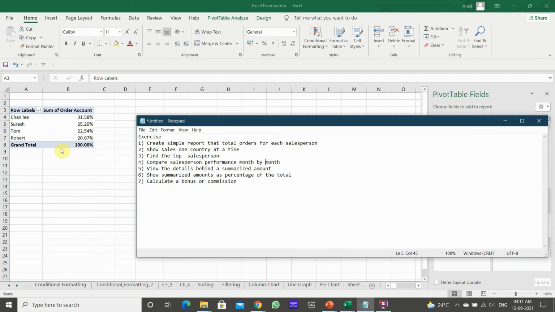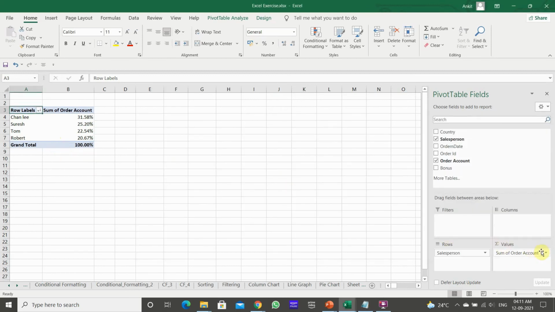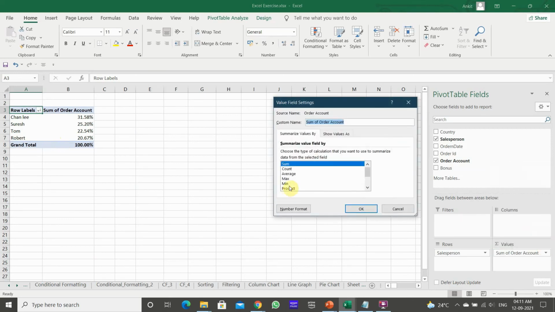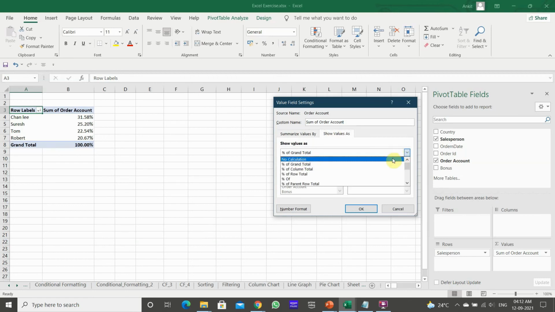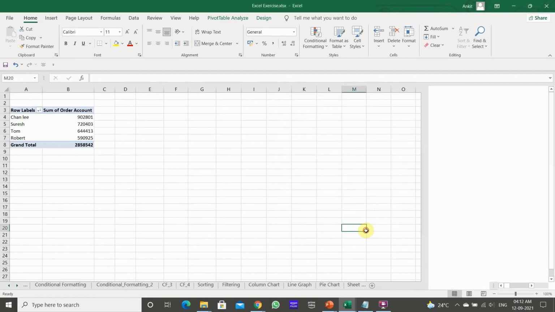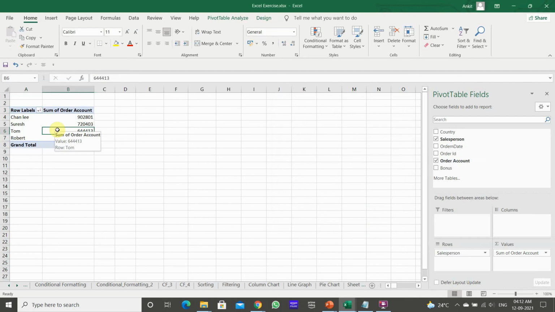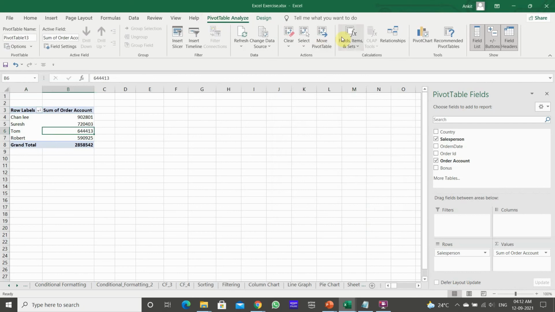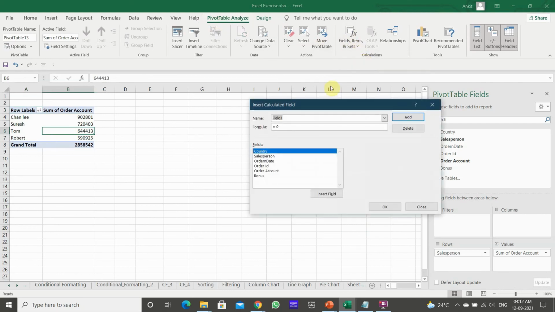Okay, now calculate the bonus and commission. Now just put the numbers back. If you want to add any other column in which you need to do any calculation, you can do it here: Pivot Table Analyze, Fields, Items and Sets, Calculated Field.